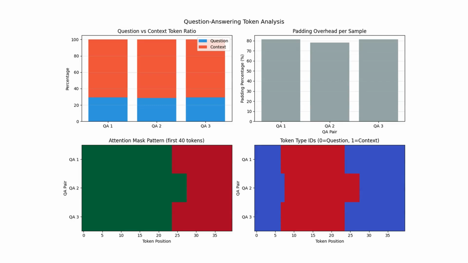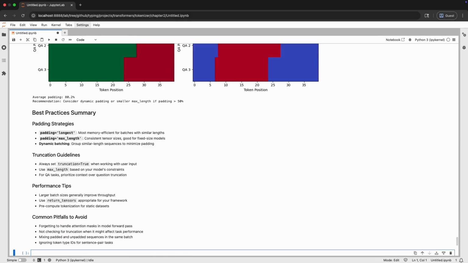short texts. The attention mask heat map shows the active regions in green and padding in red. The token type ID heat map clearly distinguishes questions in blue from contexts in red. Based on this analysis, I'd recommend using dynamic padding or reducing max length to improve efficiency. Here's a best practices summary covering all the key points we've learned about padding strategies, truncation guidelines, performance tips, and